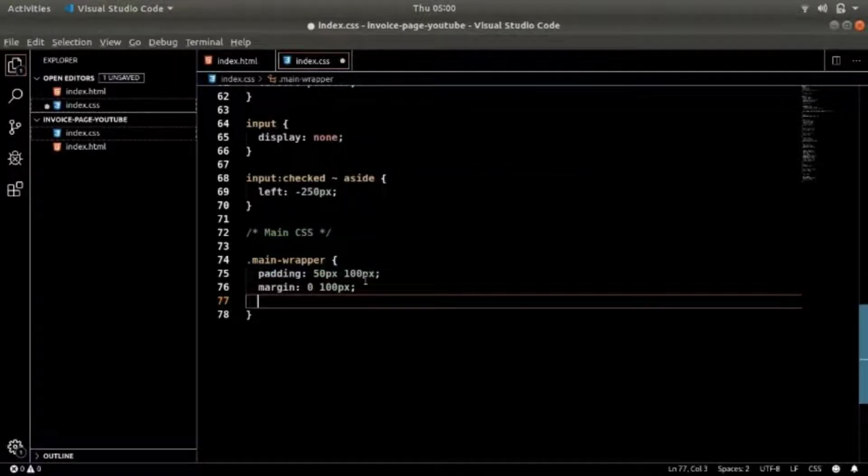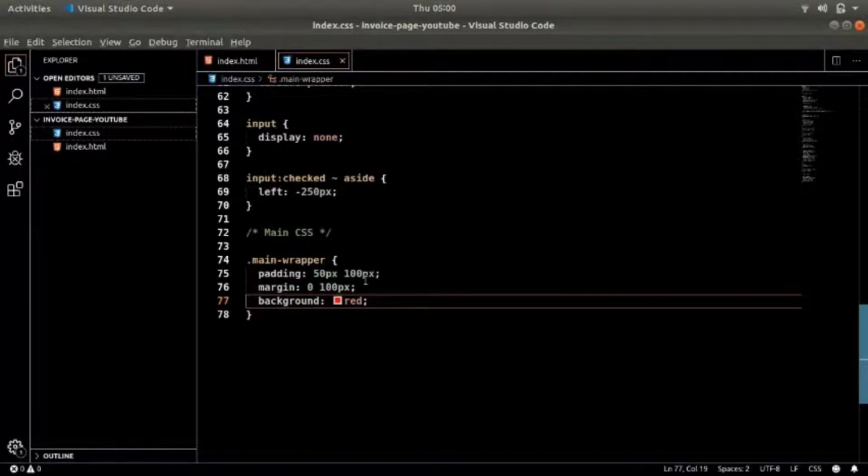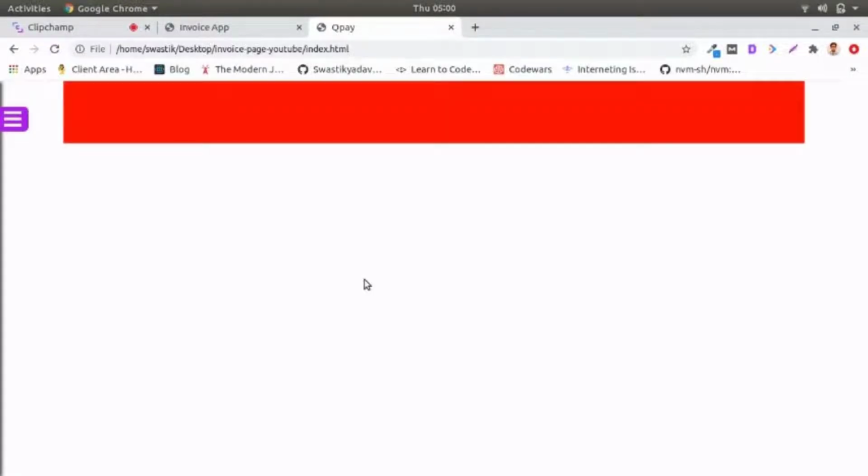Right now we won't see anything, so to visualize the wrapper, let's add a background to it so that we can actually see it. And here we have it. You see, this is the starting point for everything and this is the end point. So the entire web page will have a consistent starting and end point, a consistent padding on both sides. That's what a wrapper is for.